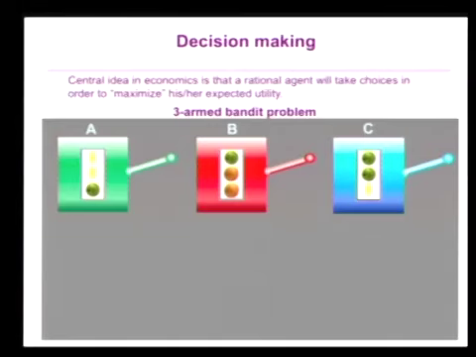What you can imagine is you're in Las Vegas, and you've got these three slot machines in front of you, okay? And you want to win as much money as possible because, of course, that's what economics says you should be doing. You should be maximizing your expected utility, winning as much money as you can. But the problem is you don't know which of these machines pays out the most money. So let's say one of them is probably better than the others, but you just don't know which one is the best one. So the question is, how do you solve that problem? How do you actually learn to choose the one that gives you the most money?